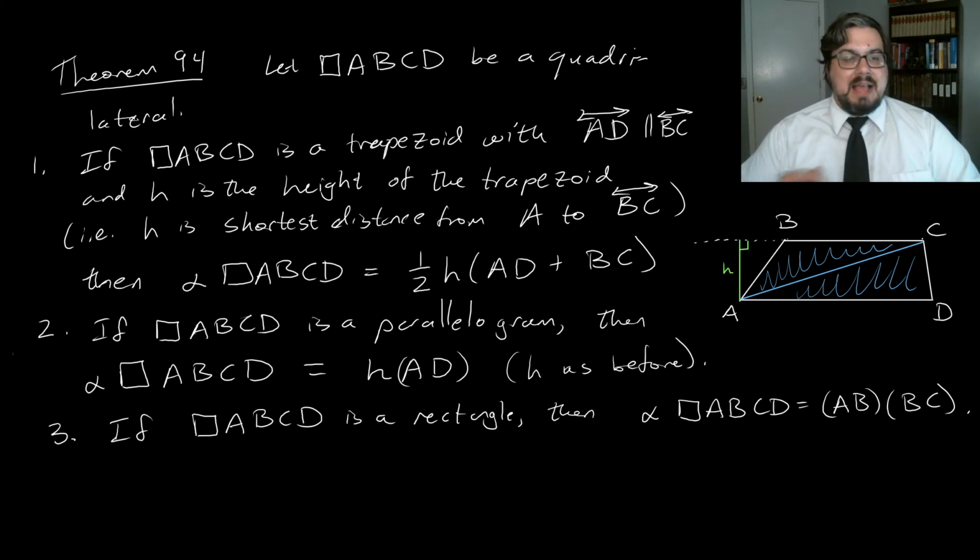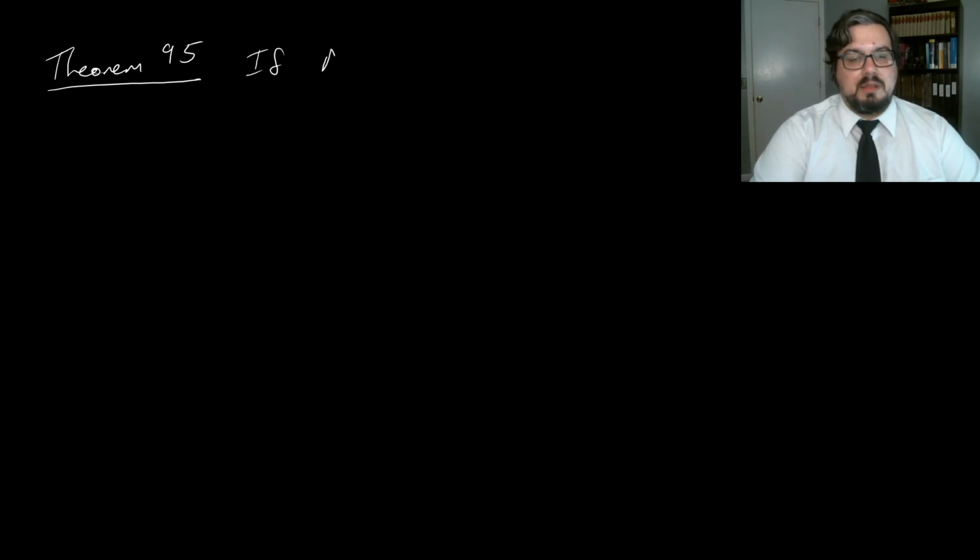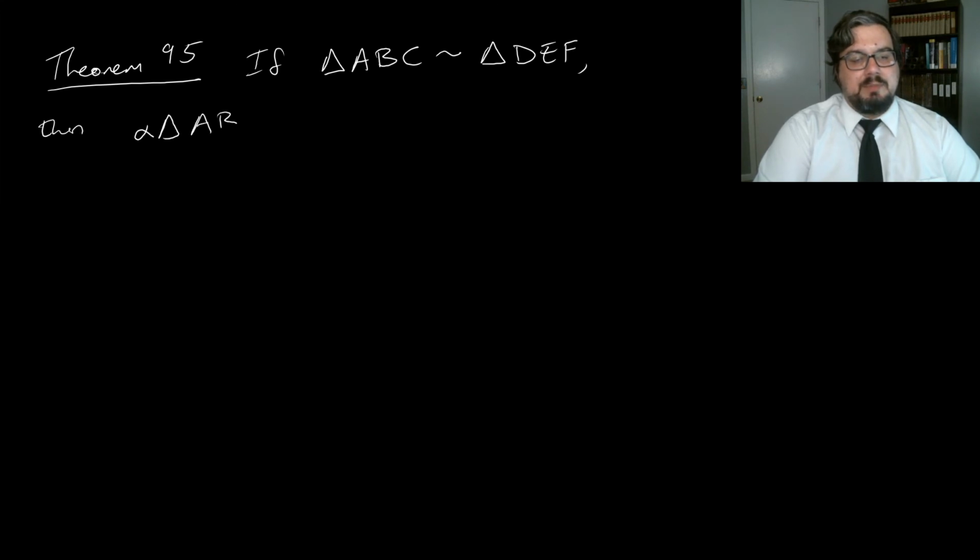All right, and then the last application that we have of our theory of area for now is Theorem 95, which tells us about the areas of similar triangles and how they interact with each other. It tells us that if triangle ABC is similar to triangle DEF, then the area of triangle ABC divided by the area of triangle DEF is equal to,